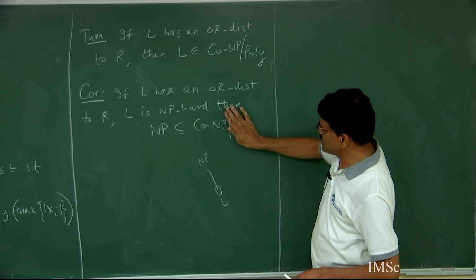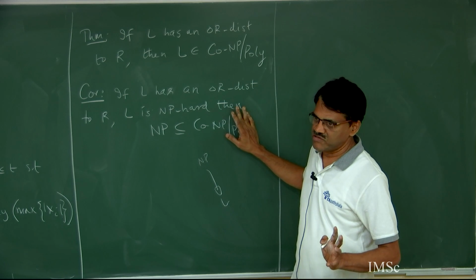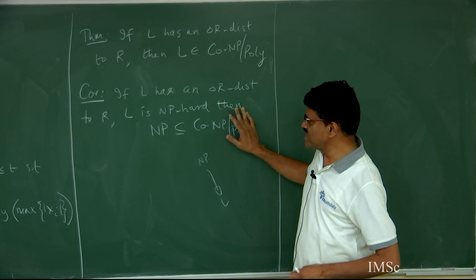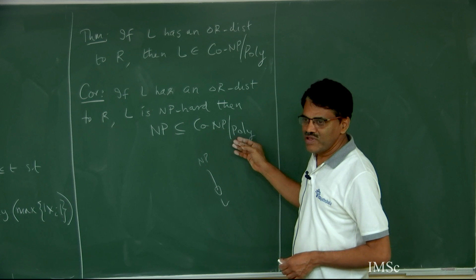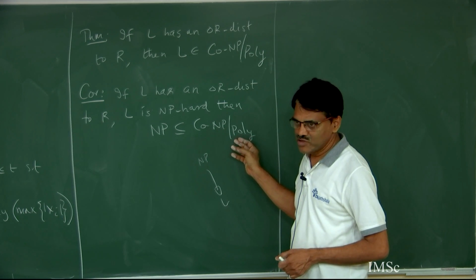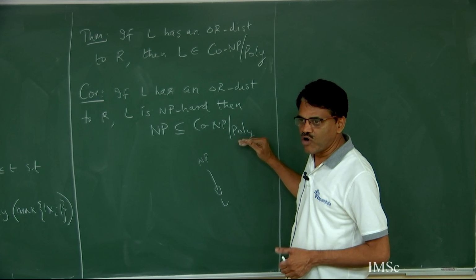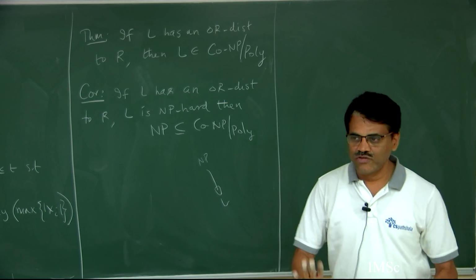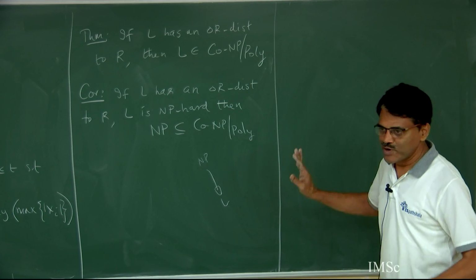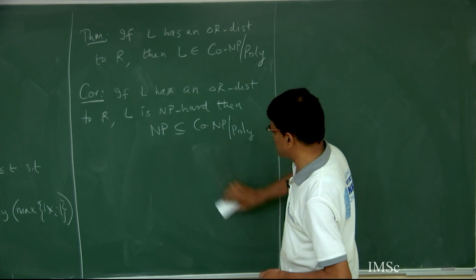NP is contained in co-NP is a big open problem. We do not know, right? This says that NP is contained in co-NP with some help. So it is not as dramatic as NP being contained in co-NP, but this is also something which people do not believe. All you need is that this is something people do not believe, just like P equal to NP is something people do not believe,